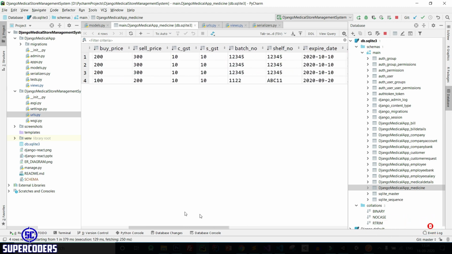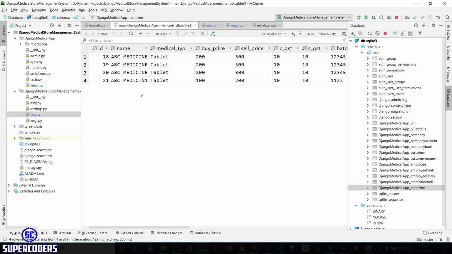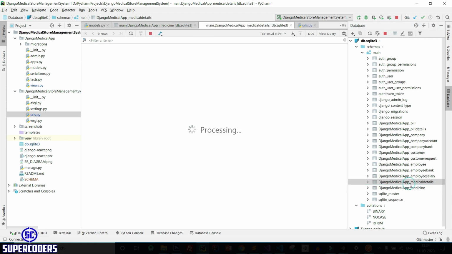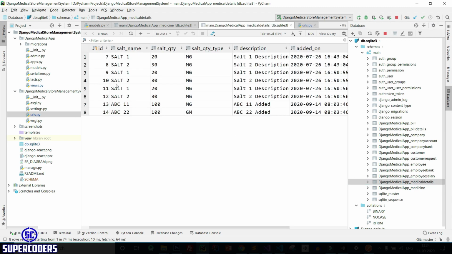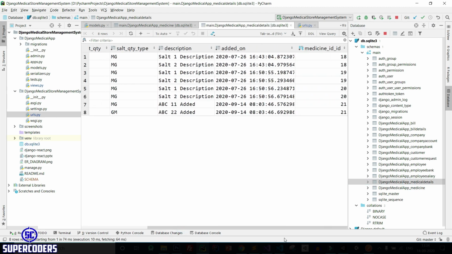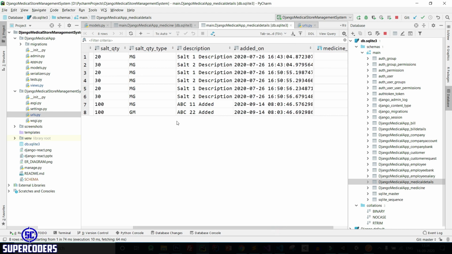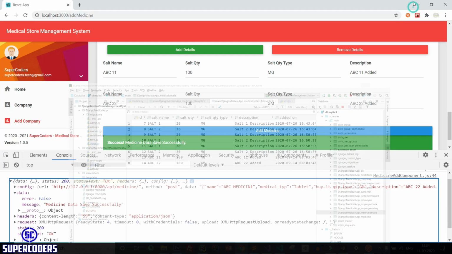So in this way you can use REST API and React for adding company details. Also let's see medicine details. You can see it also has been added, medicine ID 21 and 2 details has been added which I just passed. So let's see what we learn in this topic.